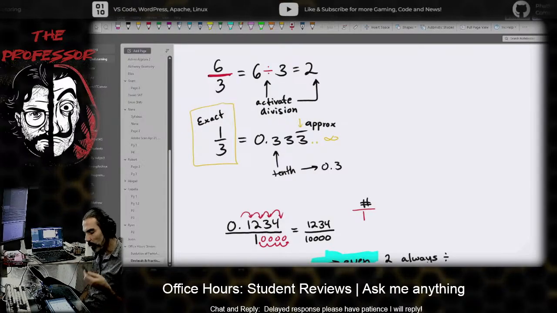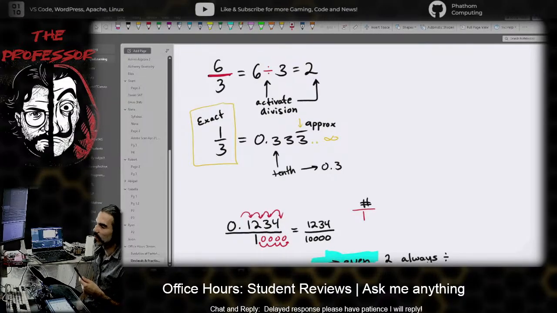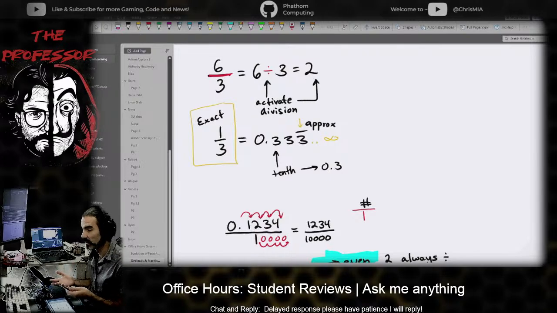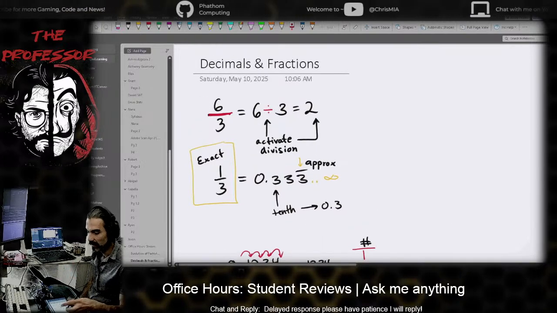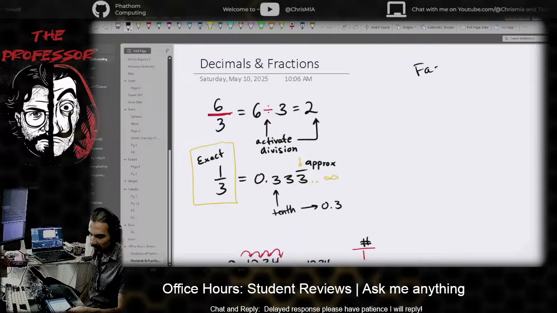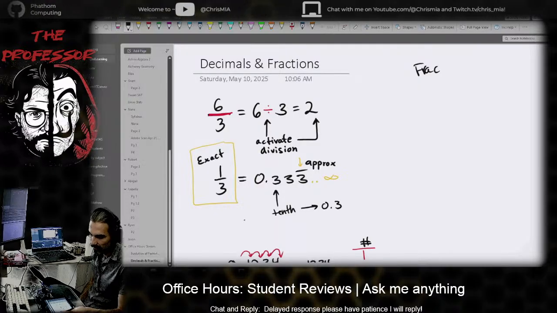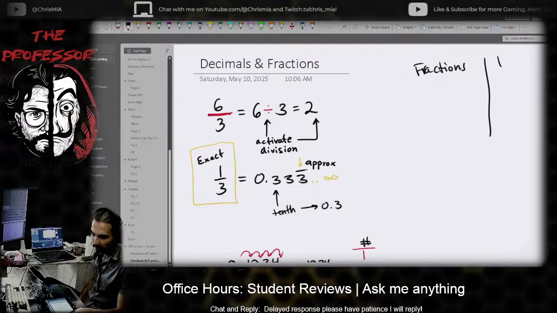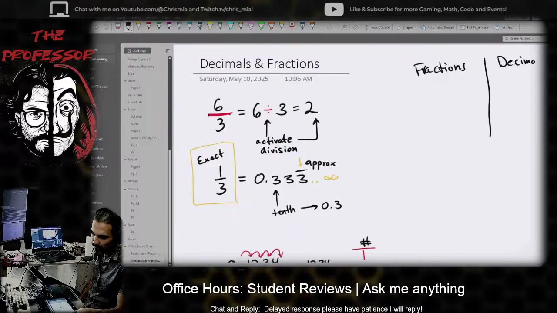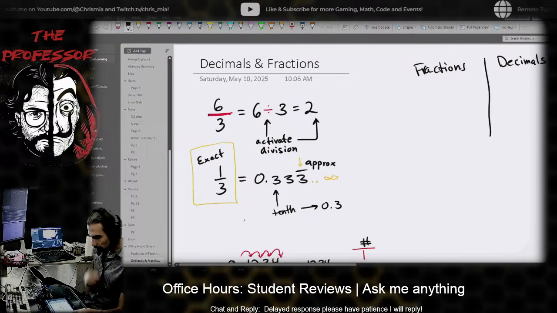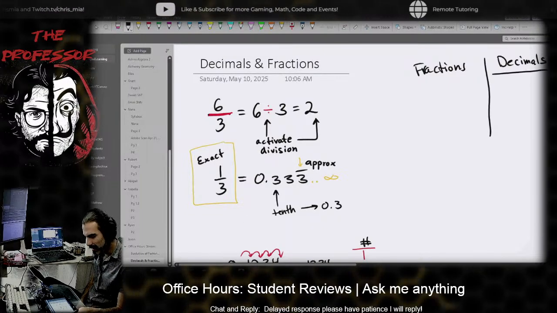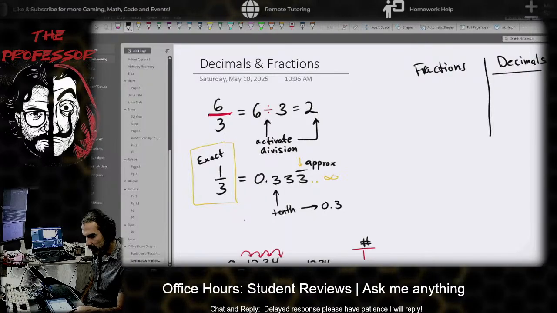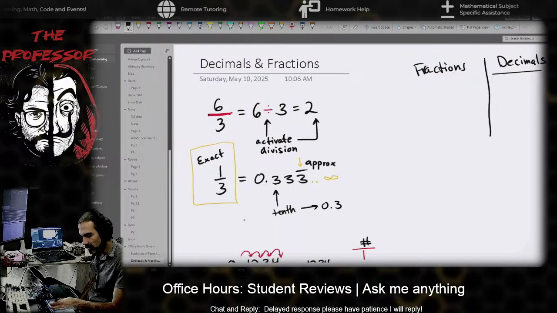So, I wanted to go over fractions and decimals because this is one of the either hated or loved topics. It really depends on which side you're on. Some people are on the fraction side, they love fractions. The other side is the decimal side. It's really 50-50. But I've noticed that if you like decimals and you hate fractions, it's because of this particular case here.